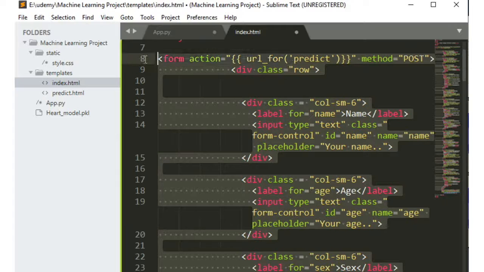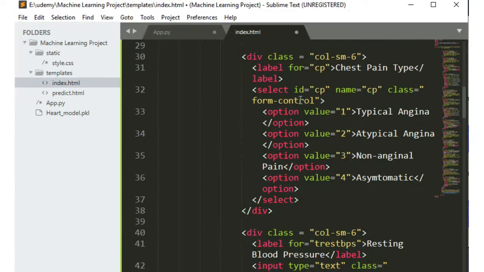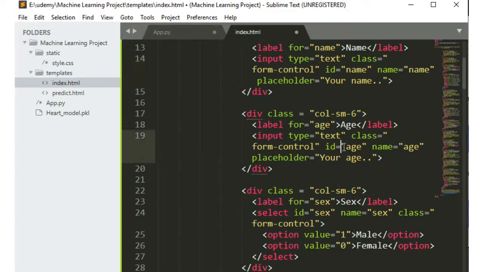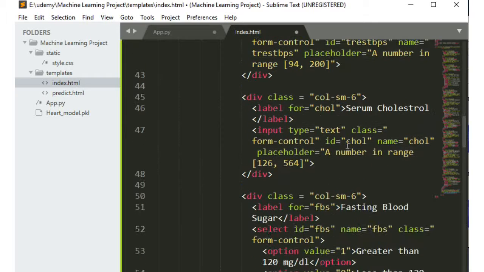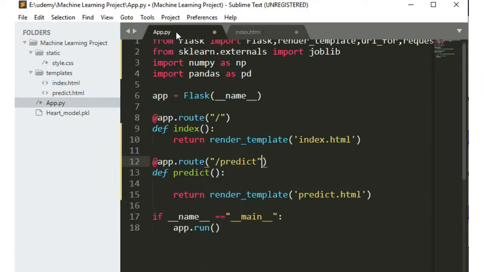I have something that could just fit in, and I've taken a few things that should match the parameters that the user should enter. So I've already specified a few things like the range of cholesterol that the patient should enter. So you also need to take care of this so that the user doesn't enter inappropriate values. We also need this in the predict method, and then request to serve these things into predict and then call